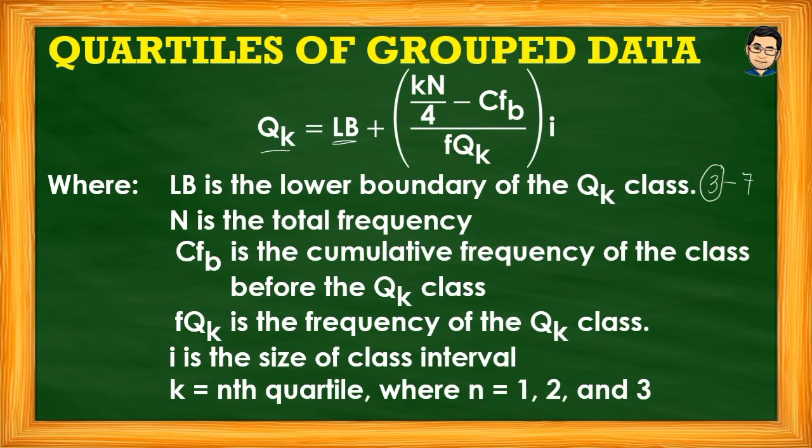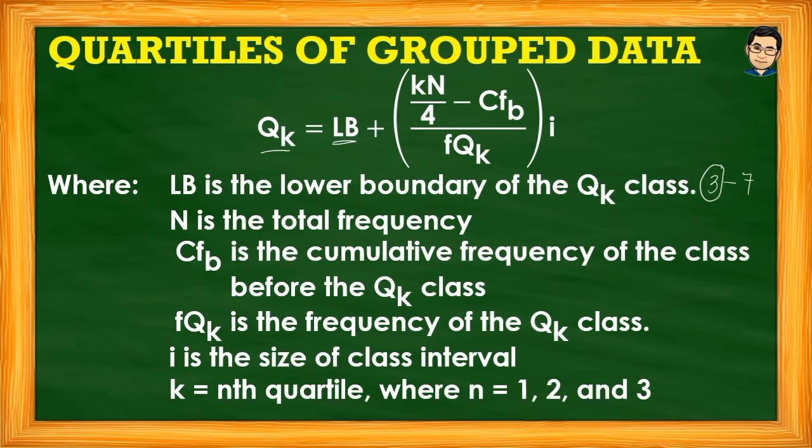So kapag meron na po tayong Q sub K class, nakuha na natin Q sub 1 class, Q sub 3 class, that is the time na makukuha natin yung frequency. Of course, naka-align lang kasi yun. And then I is the size of the class interval. Okay, so ang class interval natin, makikita naman yan, magdetermine naman yan sa ating frequency distribution table. So na-discuss ko na rin yan dun sa ating video lesson, dun sa frequency distribution table, kung paano nakukuha ang